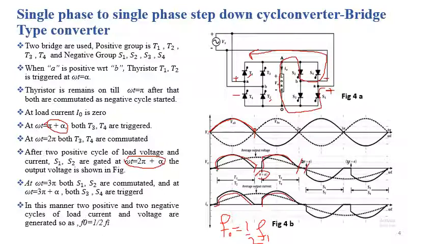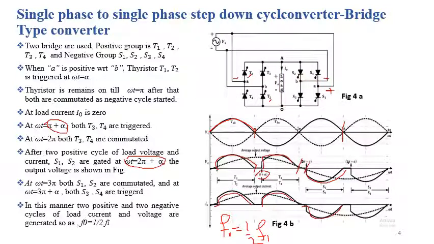Clear? And we are getting the output voltage like this and the output current like this. So we can say that the conduction period for the SCR S1 and S2 is equal to 3π + α − (2π + α). So at ωt = 3π, again the polarity at the input side reverses,